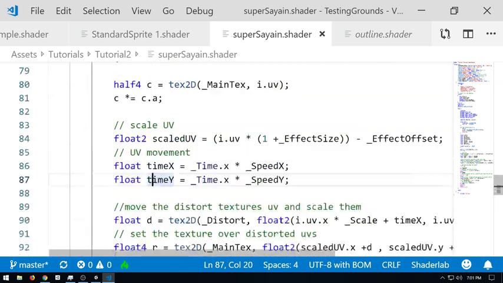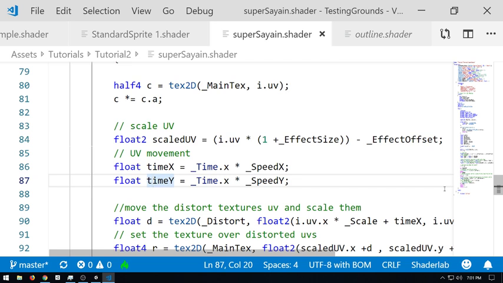Essentially, the big problem with this effect is that you're offsetting UVs, which means you're offsetting the actual texture, or sorry, the actual sprite by a certain amount in order to get the effect. So you have to add the other way a little bit to get the offset, and then add those back in order to get it back to where it needs to be.